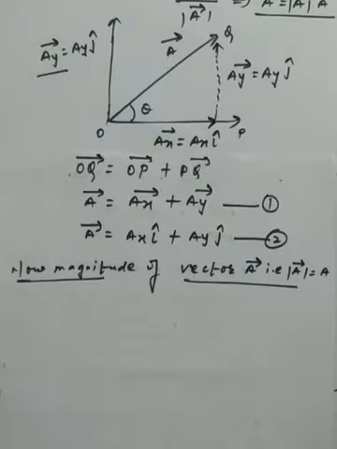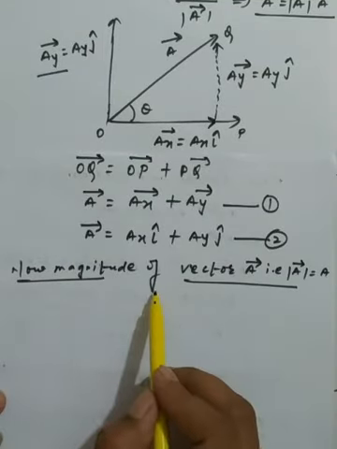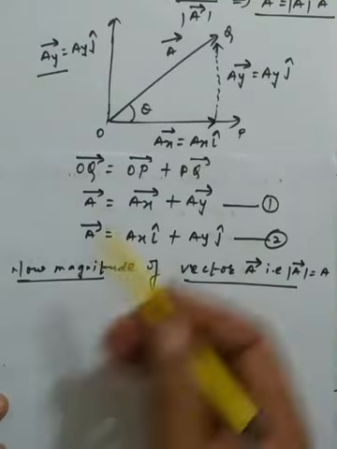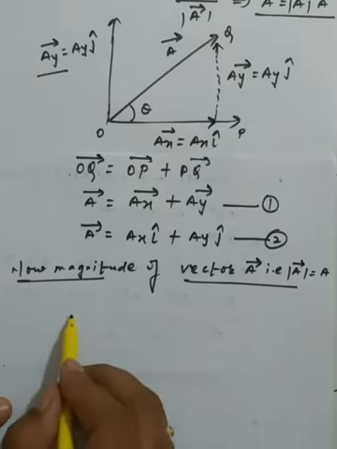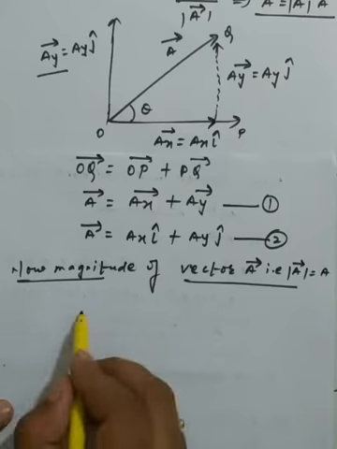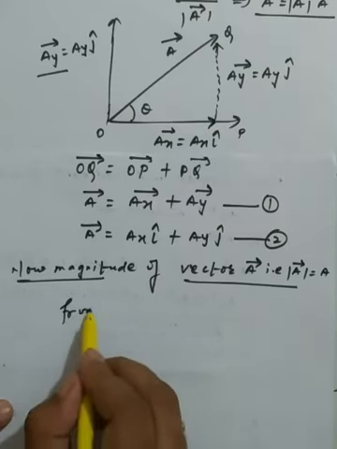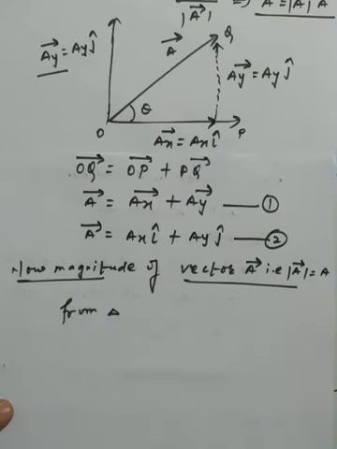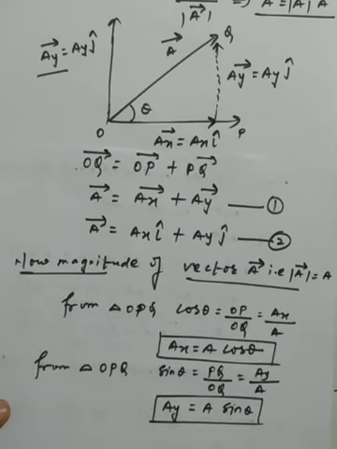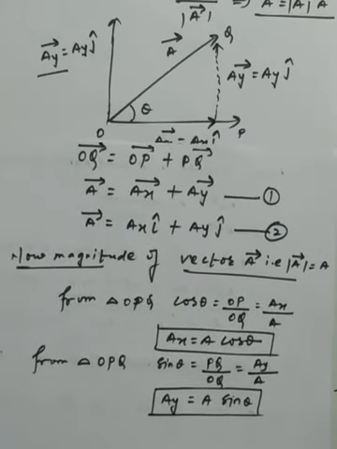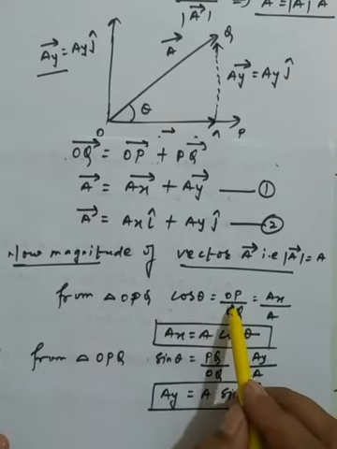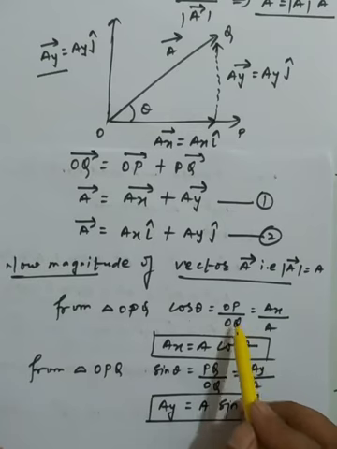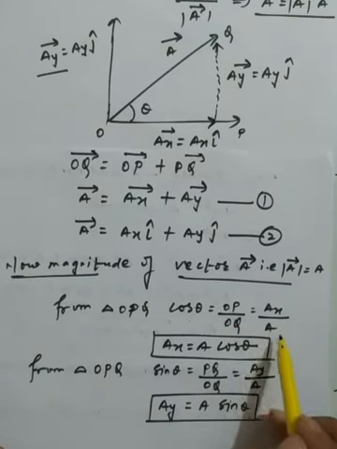Okay, now here we have the magnitude of a vector A. How can we resolve it into two dimensions? I am finding the components in terms of the angle. From the triangle, I am using simple geometry, as I want cos theta. In terms of magnitude, it is simply base upon hypotenuse, OP upon OQ, that is AX upon A. So AX can be stated as A cos theta.